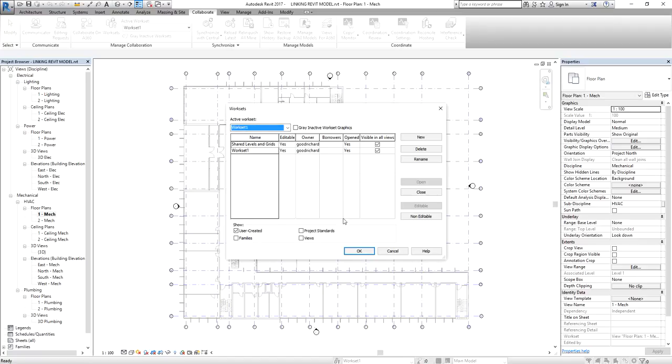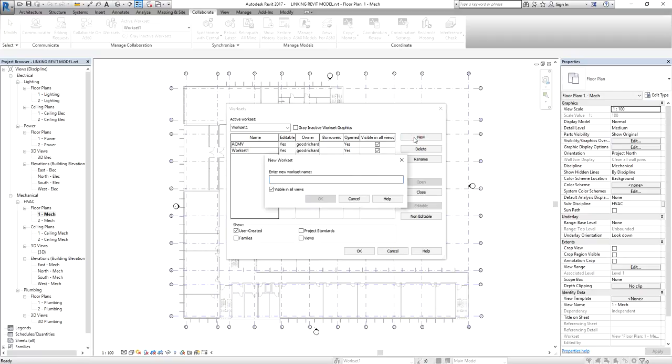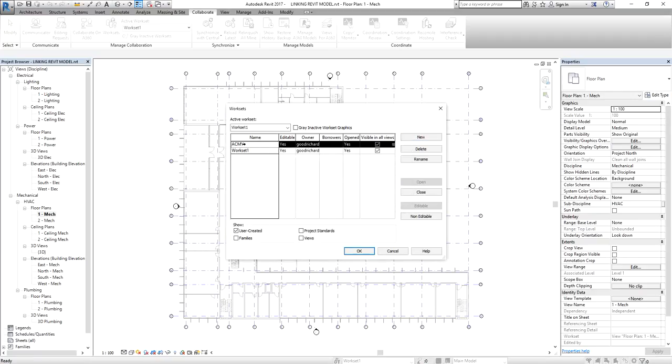Okay, so after that, I'll just rename my work set 1. So let's say this is my ACMB. So that is my work set. I accidentally changed the name.